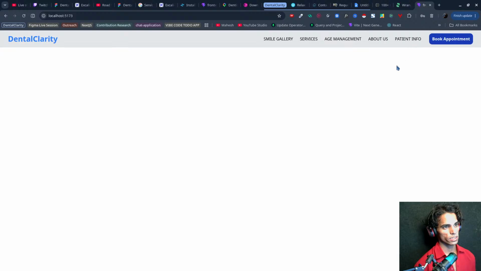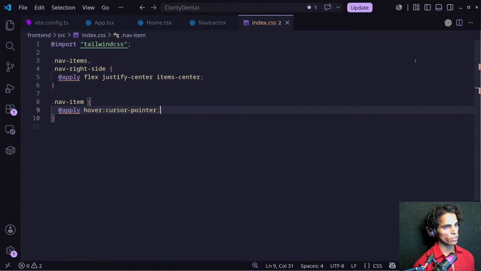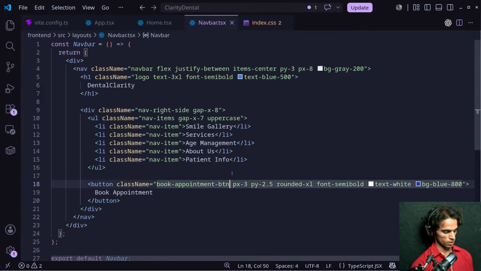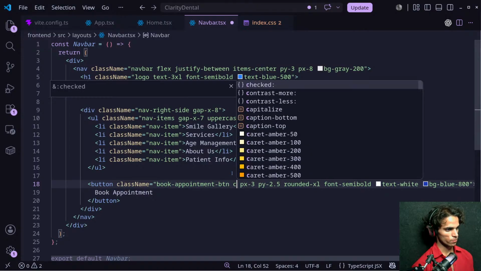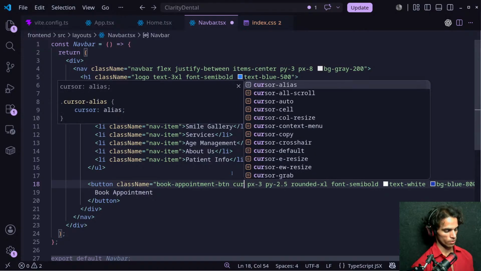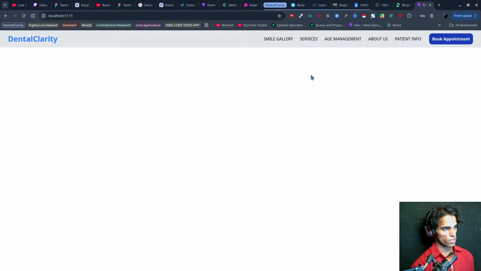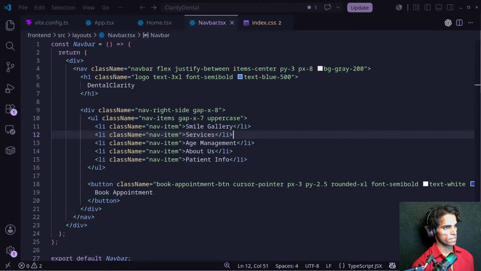Yeah, we can see the changes, we will see the cursor as a pointer. And on the button I also want the cursor to change to pointer. So let's get here and change the cursor to pointer here, and yeah, we have this, great.